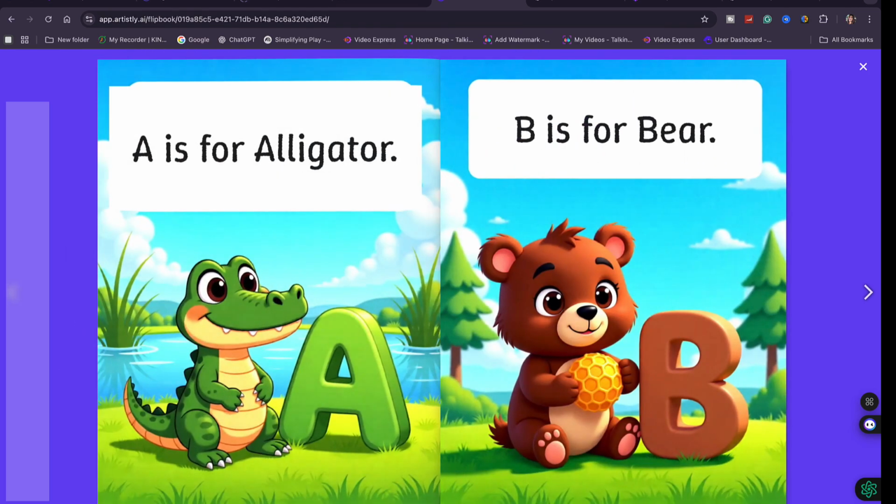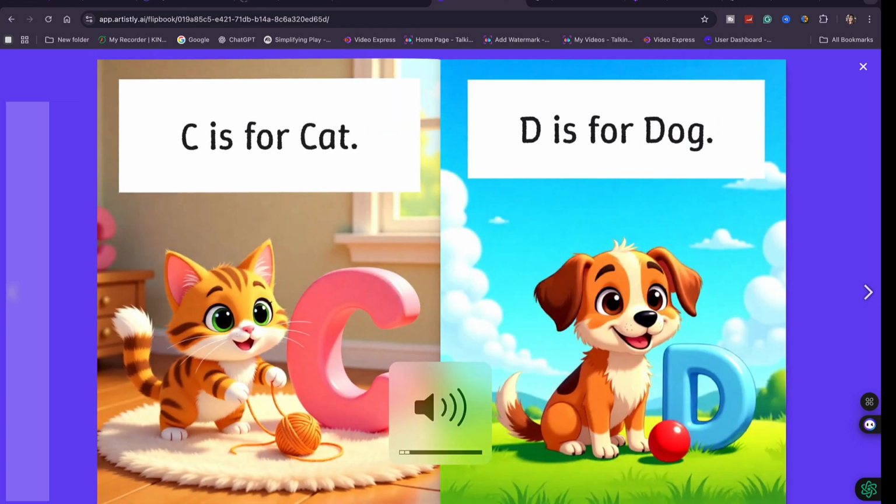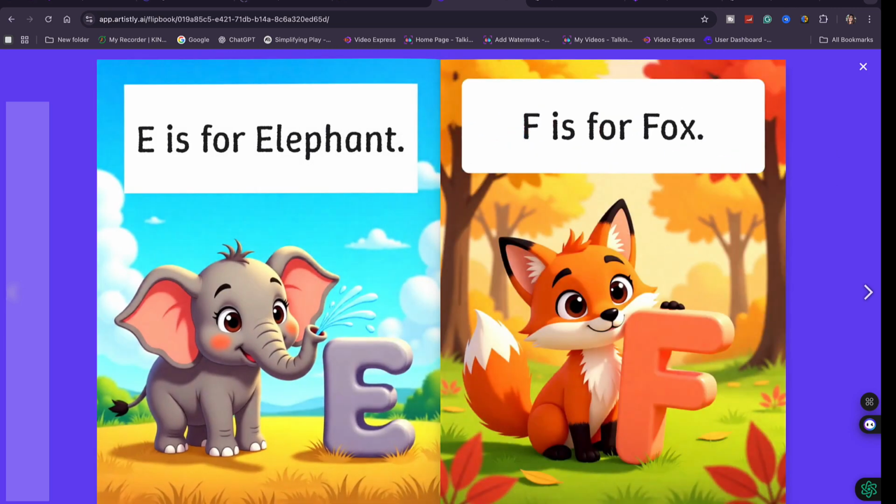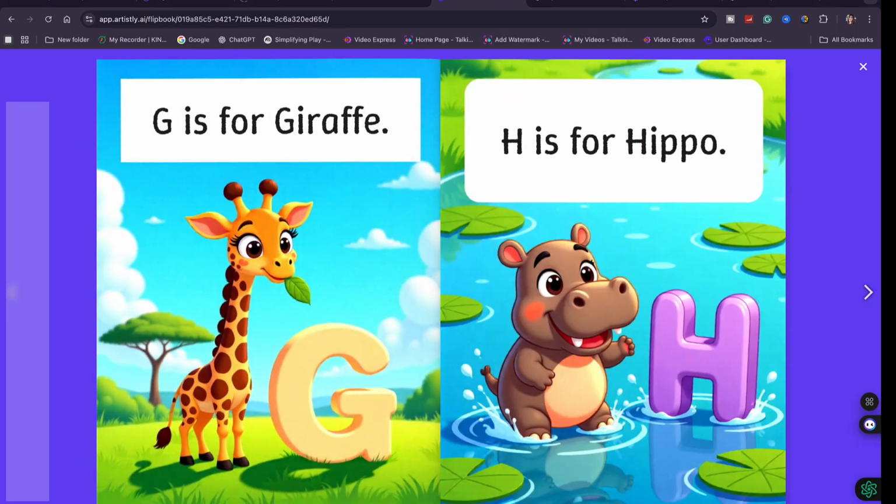A is for alligator, B is for bear, C is for cat, D is for dog, E is for elephant, F is for fox, G is for giraffe, H is for hippo,